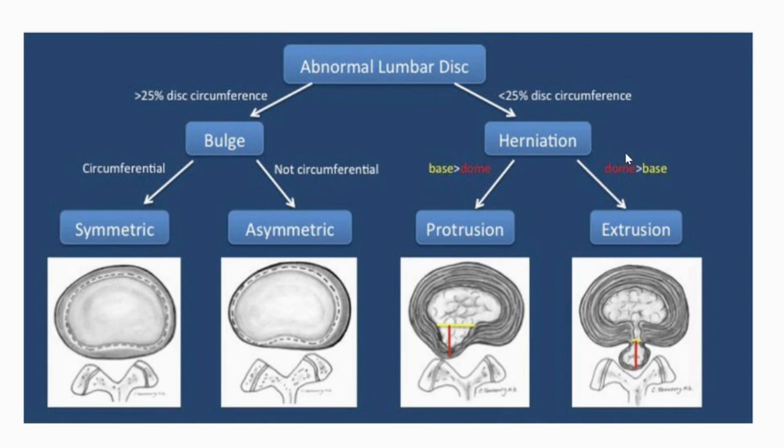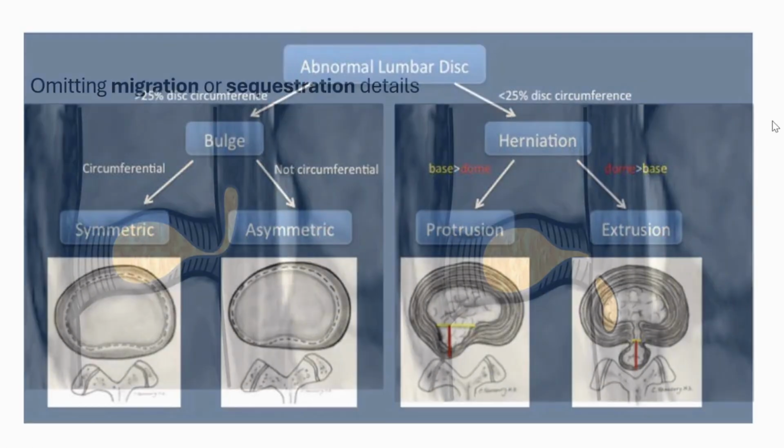While reporting the MRI spine, one has to be more precise about the symmetry, asymmetric, protrusion or extrusion, and the location of the disc herniation, and the compression over the spinal canal and nerve root should be more specific to avoid this mistake.